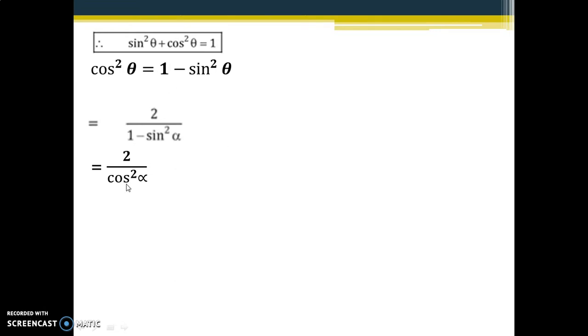So we have 2 by 1 upon cos square alpha. When we have cos square alpha in the denominator, I can write it as 2 sec square alpha. 2 is from the 2 of the numerator, and the cos square alpha which was in the denominator can be written as sec square alpha, because we know sec is equal to 1 upon cos. The cos in the denominator can be written as sec square alpha. And this is my right hand side, and this is also proved.